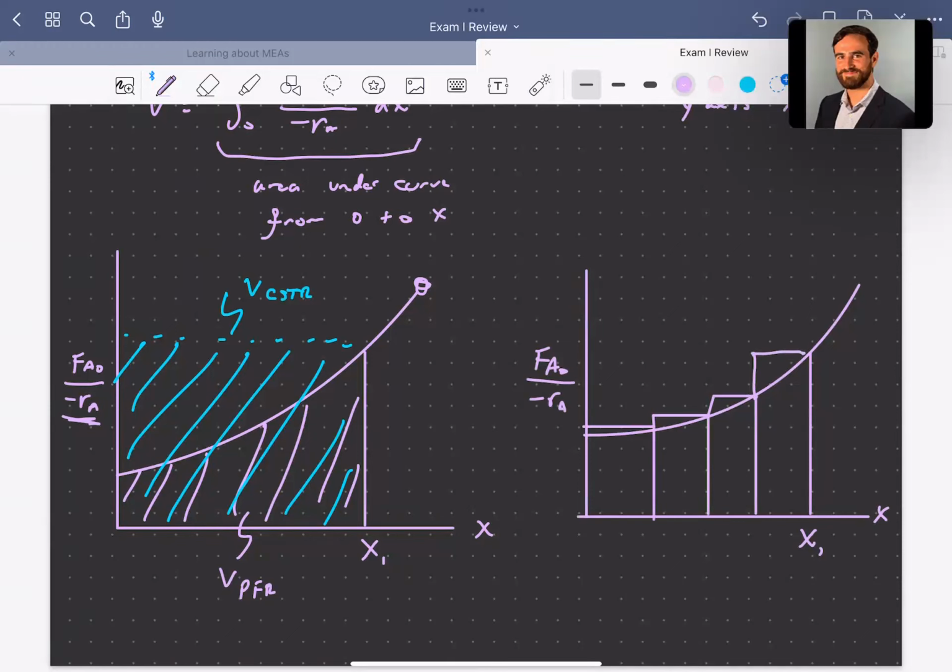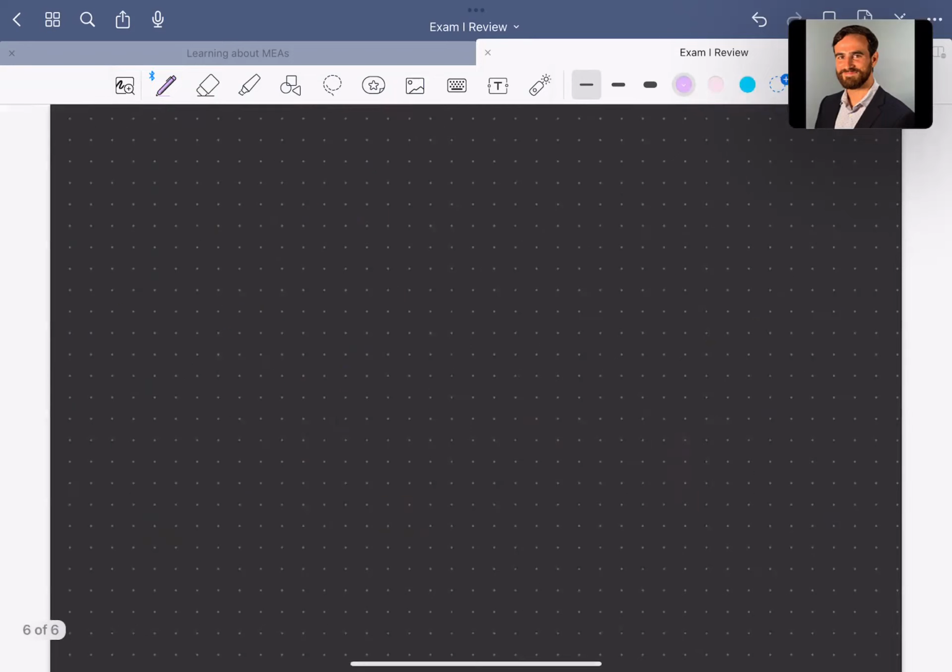You can see that with more and more CSTRs, the volume starts to approach that of a plug flow reactor. So all of these little rectangles together start to approach the area under the curve if we make enough of them. And so essentially what this is saying is that you have